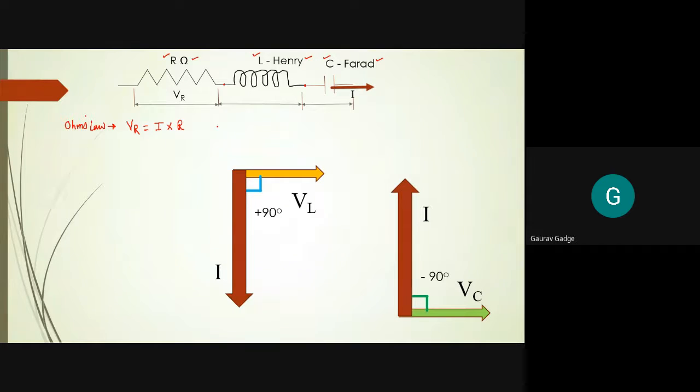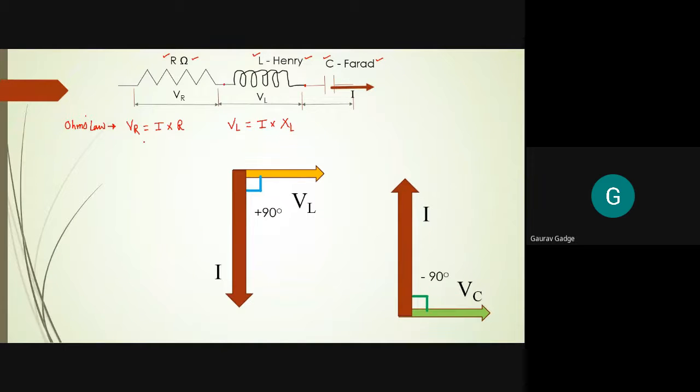Now the same current is passing through the inductor. So we get another voltage drop across the inductor, which is VL. So what we can write is VL is equal to, now we have to write the Ohm's law equation. That Ohm's law equation is current multiplied by, see, I is again the same because it is similar for all types of load. Now for Ohm's law, we have to include the ohmic parameter, and for the inductor the ohmic parameter is XL.